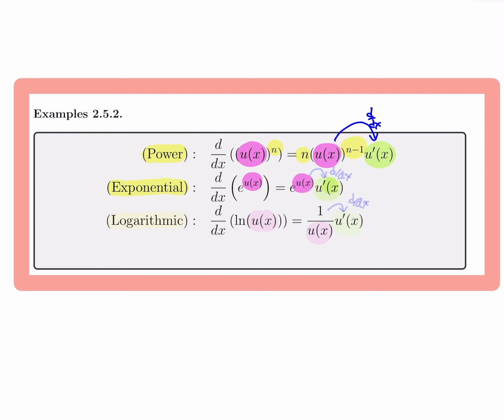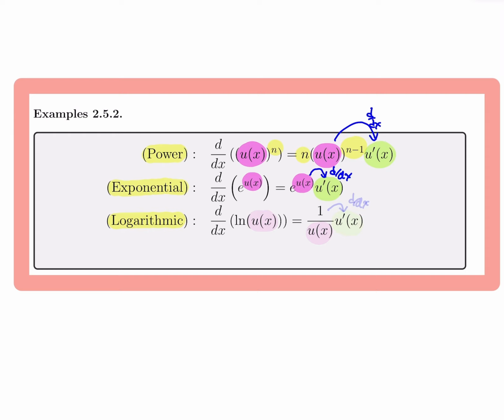But then you need to multiply afterwards by the inner derivative. So afterwards, you multiply by the inner derivative. As you can see, for all cases, these formulas always end up with u prime. So whatever stuff you have inside, you puke out after. And then the last special case